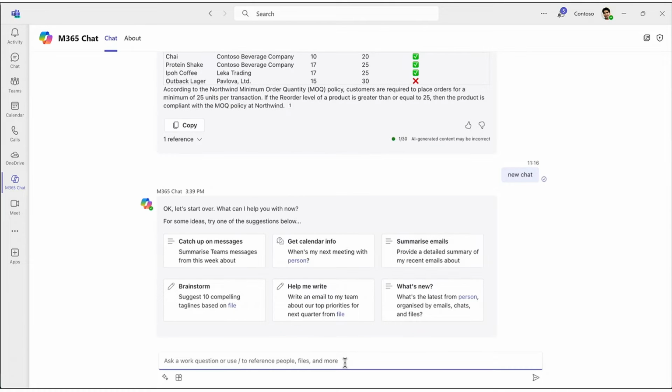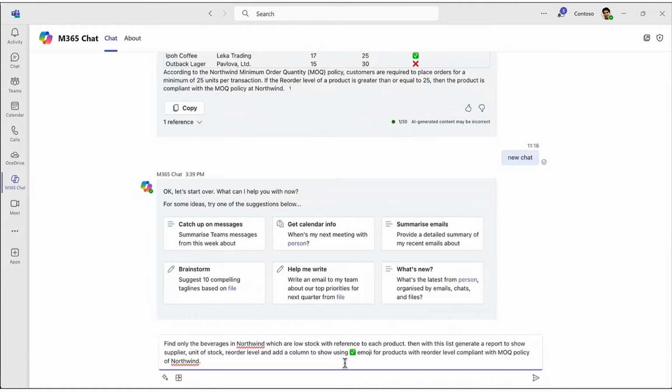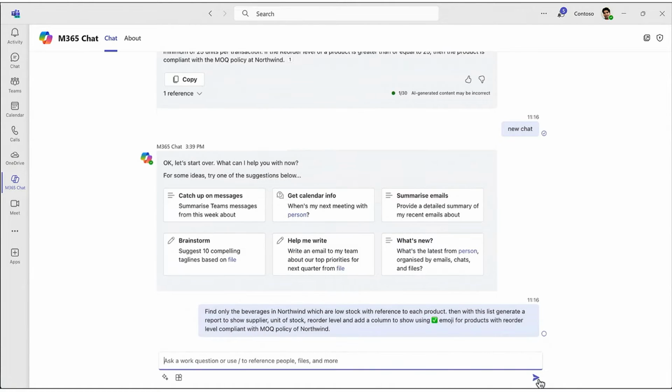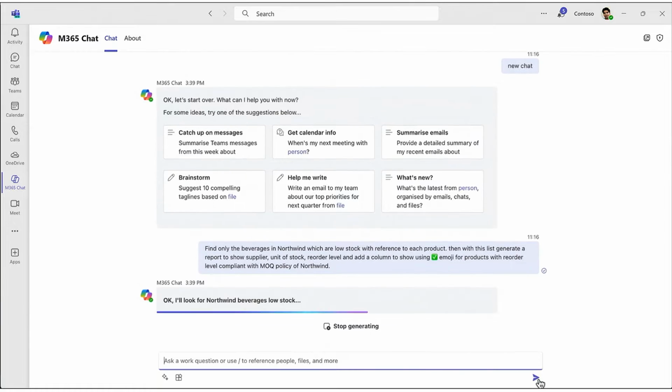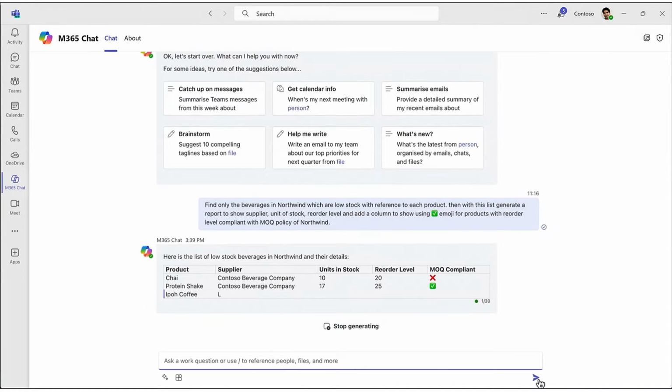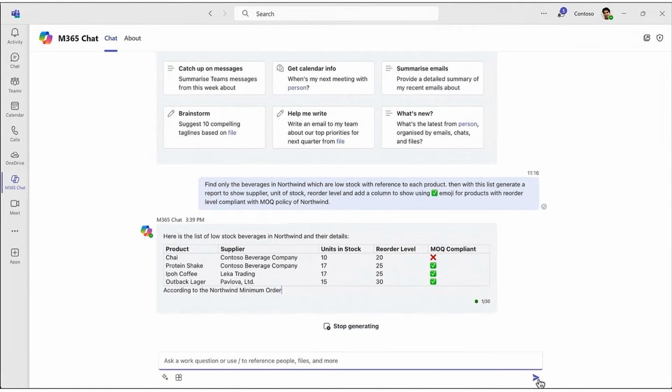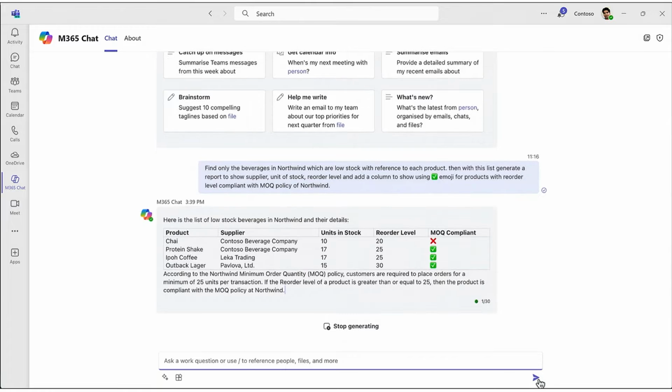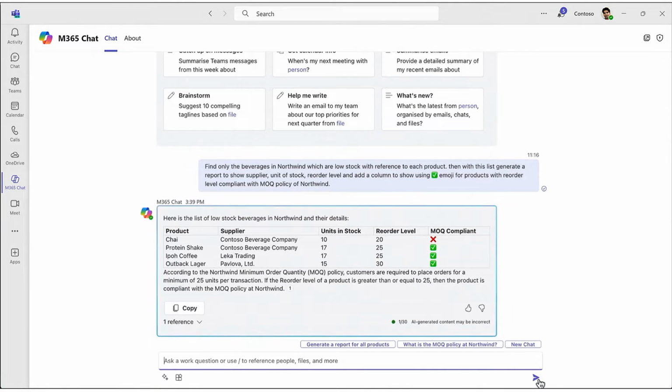All right. So I'm using Copilot to perform two tasks in one go. First, I want to generate a list of all the beverages that are currently low in stock. Second, I want to know whether these products meet Northwind's minimum order quantity policy. To accomplish this, Copilot analyzes the policy to determine what it means to be compliant. I've not told Copilot what it means. So it finds that a product is compliant if its reorder level is greater than 25 units.